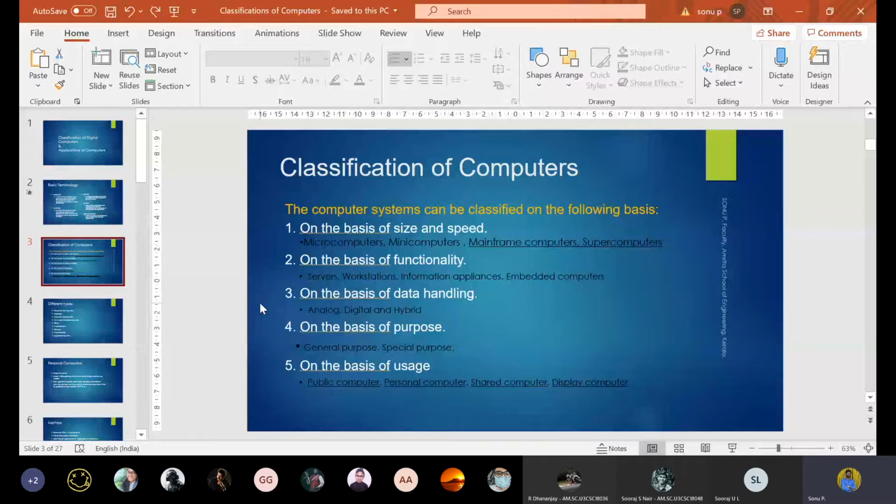And lastly, the supercomputers, based on speed, are tremendously used in research and scientific work. NASA and many research organizations are using supercomputers, which use parallel processing. So multiple processes can be operated at a single time.